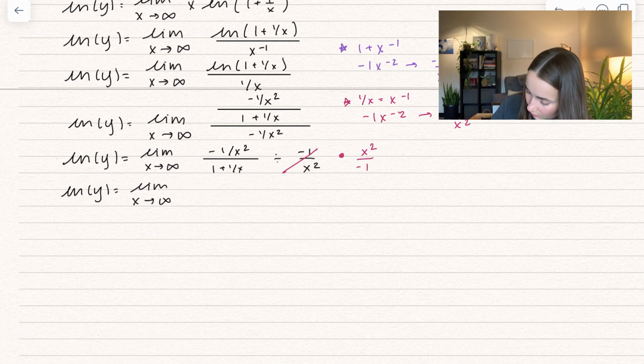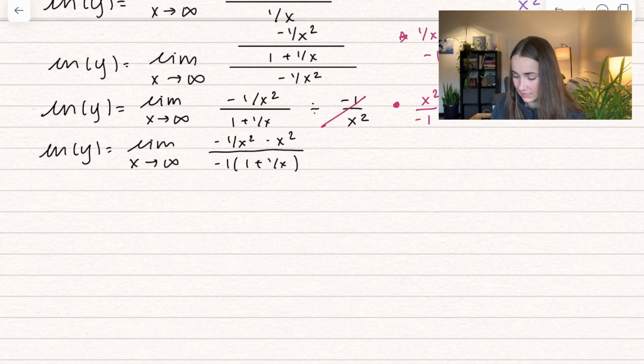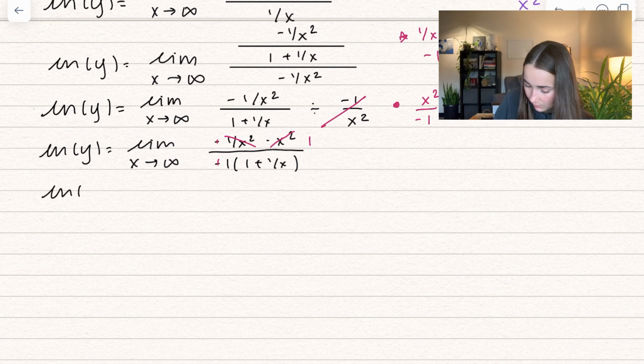So in the numerator, I have negative 1 over x squared times x squared. And in the denominator, I have negative 1 times 1 plus 1 over x. So let's go ahead and notice the things that cancel out here. First, the negatives cancel out, so I get to ignore that. And second of all, this 1 over x squared times x squared is just equal to 1. So now really what we're working with is